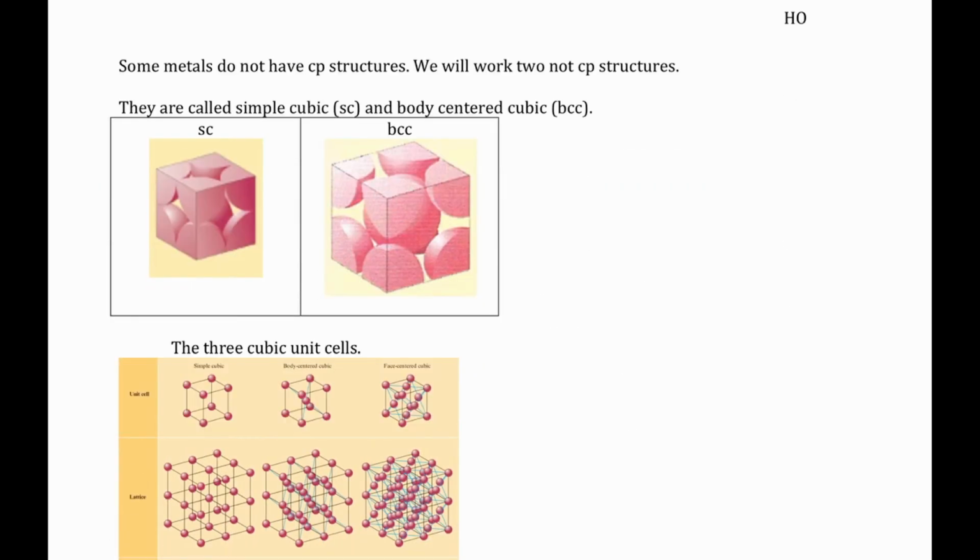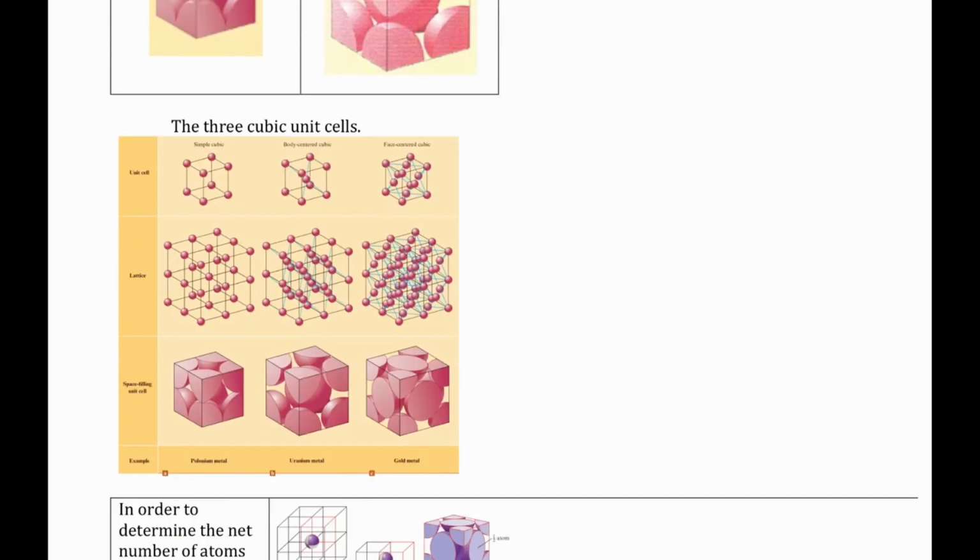Some metals do not have a closest packing structure. We will work with 2 not closest packing structures. Those 2 are their unit cells, the simple cubic cell, SC, and the body-centered cubic cell. We saw those earlier. Okay, so the 3 cubic unit cells that we will work with, that is the ones where the unit cell is a cube, not necessarily closest packing, but a cube, are